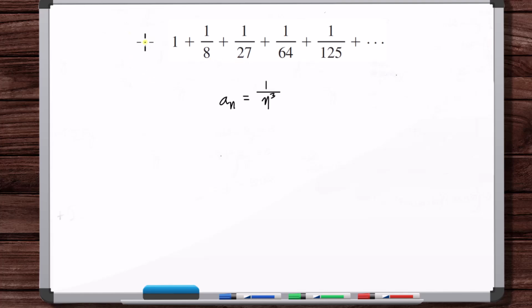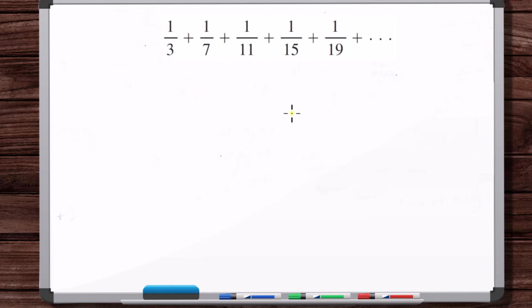Okay, so if we put this into the summation, we've got, okay, we just had this a few problems ago. This is a p series with p greater than 1. Okay, so we've got